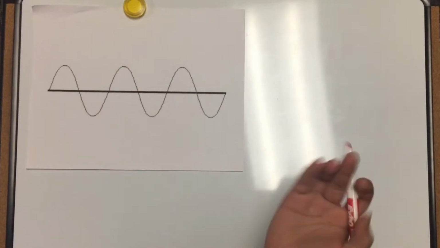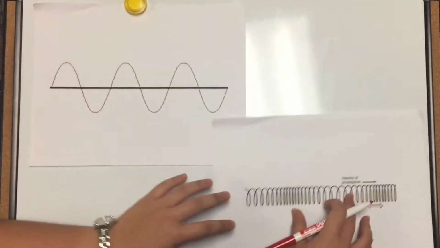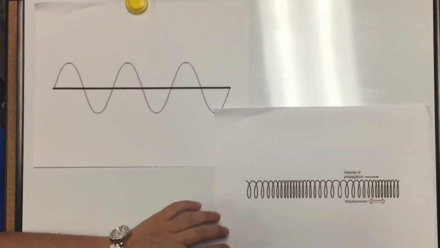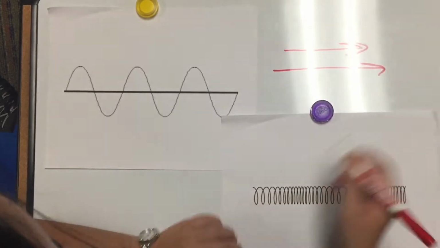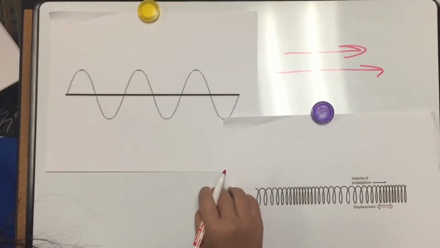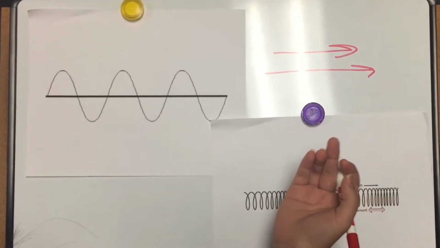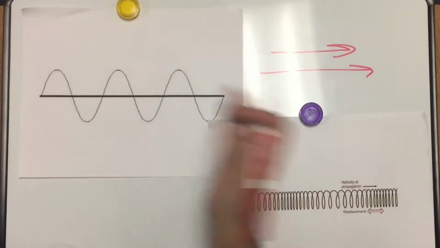Aren't sound waves and light waves the same thing? Actually, no. The main difference is that light waves are transverse waves. Now, sound waves, see here, they're longitudinal waves, which means they travel parallel to the propagation of the wave. Also, sound waves must travel through a medium, whether it's solid, liquid, or gas.